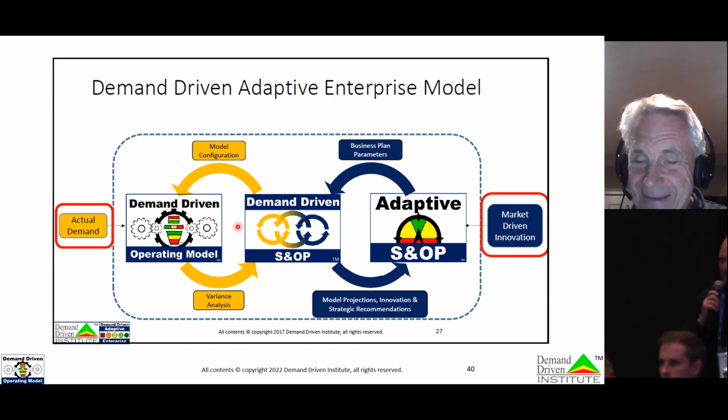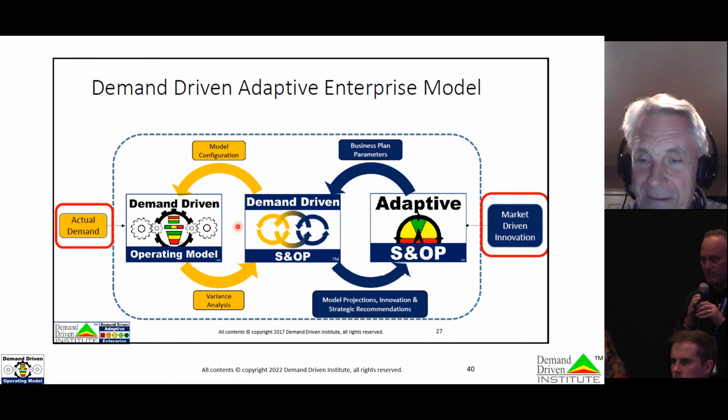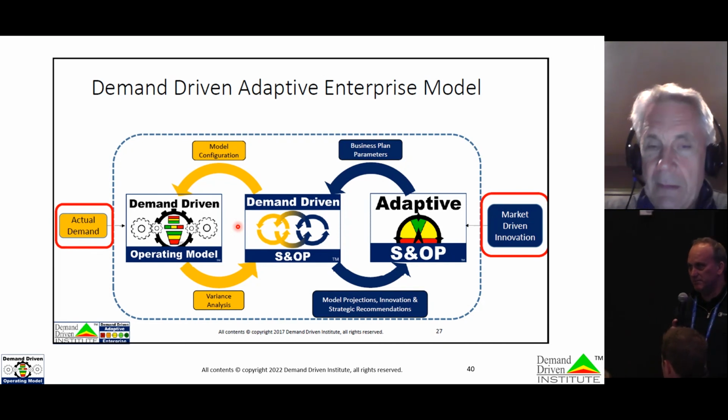Hi, thanks for that. That was really interesting. Just in terms of the current environment that we have, so we know that materials and lead times are now starting to extend, specifically with the challenges that we're having. So how do you build long lead time items into the DDMRP?